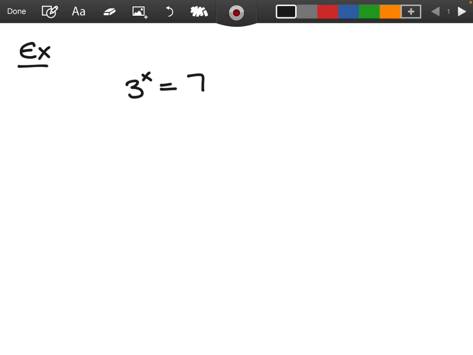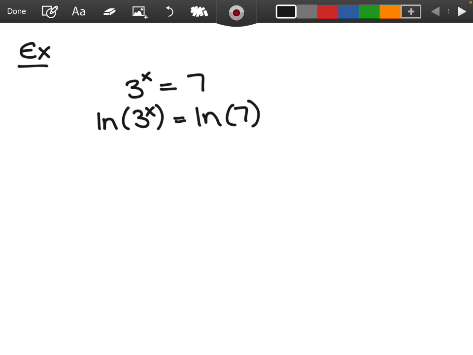Well, at that point we can then use the exponent to constant property of logs, and that will let us solve for x. It doesn't matter which log you actually use here for both sides. You just need to make sure that you use the same one on both sides. The easiest one to use normally is going to be either the natural log or the common log. I'm going to use the natural log here. So if I take the natural log of both sides,